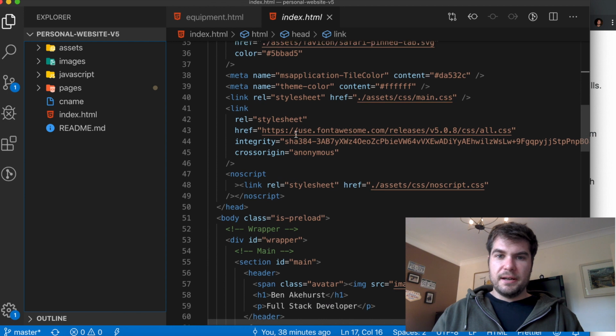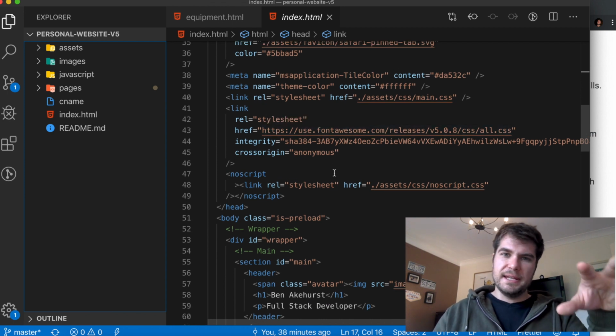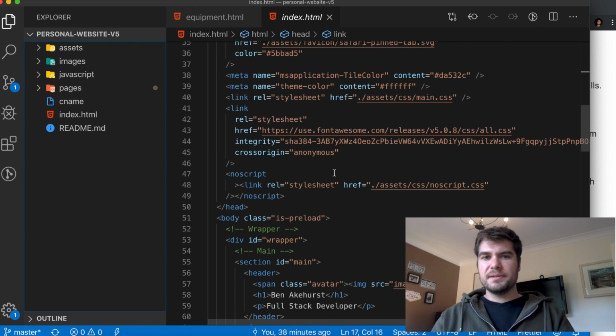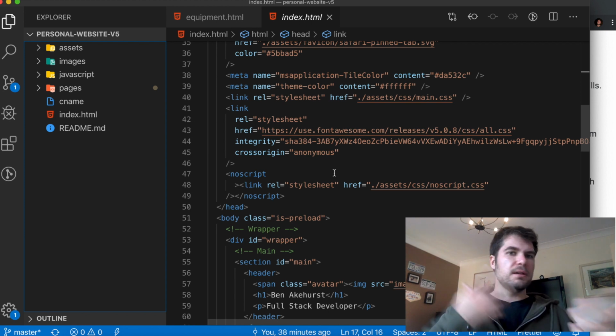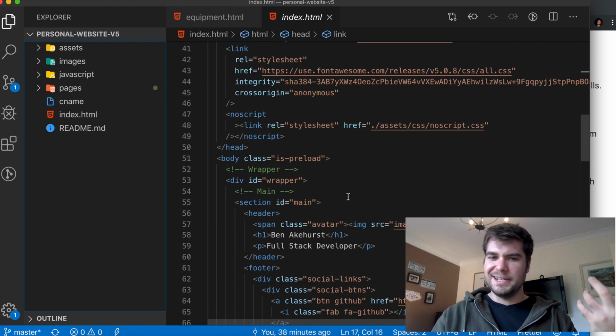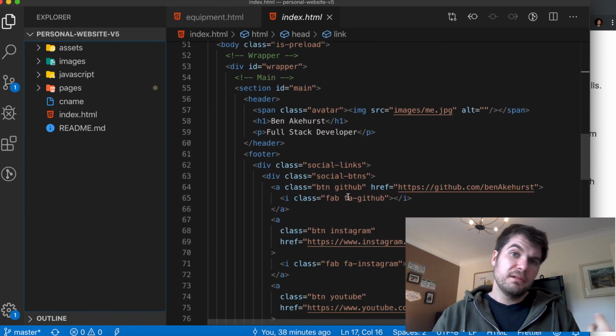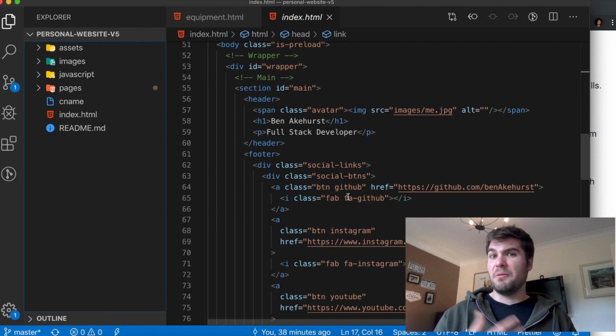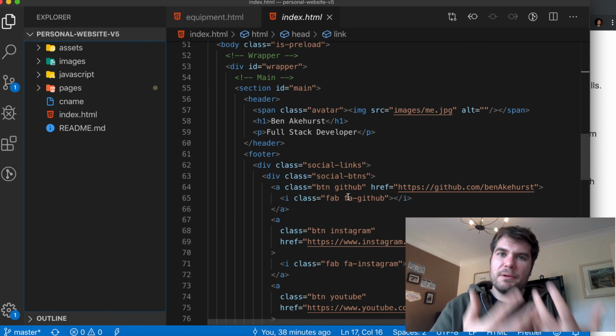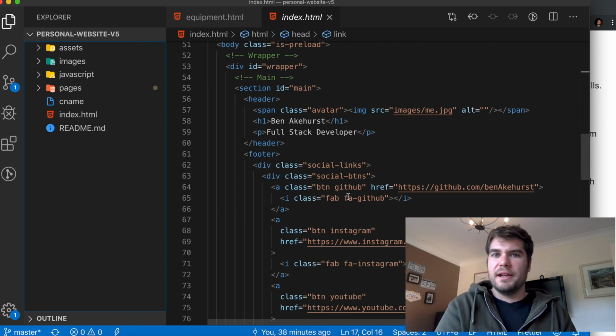What else have I done? I'm loading in Font Awesome from a CDN. I'm not using the downloaded version of Font Awesome that comes with the site, just so that in case they do any major updates, it's always pulling in from a CDN. Also, the site isn't designed to be used offline. So I don't really need to worry about fonts or icons or stuff like that not loading, because I'm not building it with the intention to work offline. If you're not online, you're not going to be seeing this website anyway.